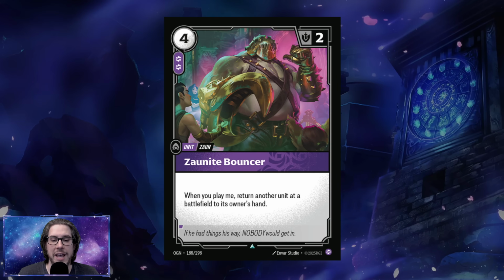Unit, when you play me, return another unit at a battlefield to its owner's hand. Now, the immediate thing that comes to mind for me, again, is going to be Teemo, because it can be difficult to recapture a battlefield at a time, and we are a lower power cost deck, so we don't mind actually just paying 2 power for this, but we get to bounce something and then quickly just use one